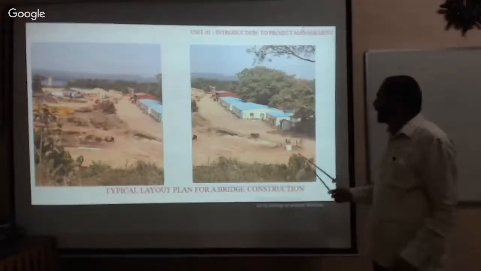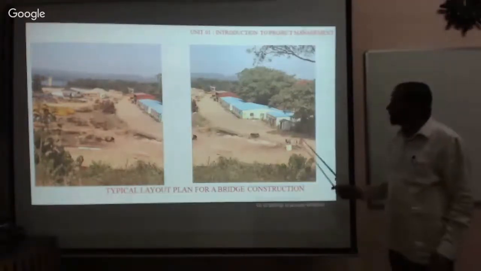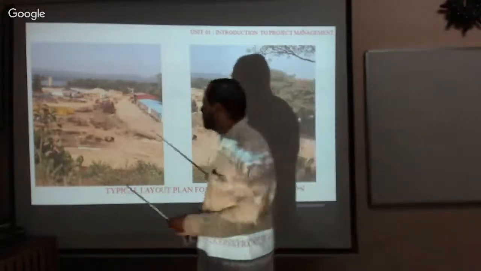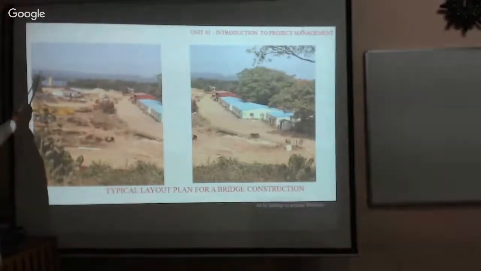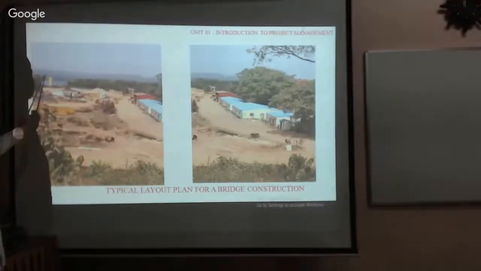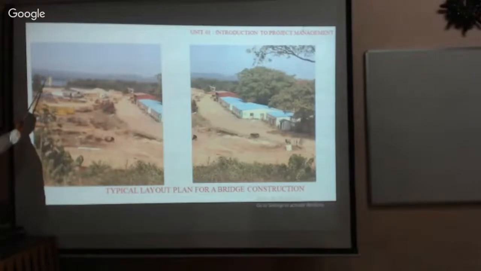See, now this is the gate. The construction activity will take place at this point. Here the bridge will be constructed across this river. Where is the plant located? The plant is located near the bridge side. The materials are stored near the plant: coarse aggregate and fine aggregate, and the machinery and equipment are stored away. And this is the gate.